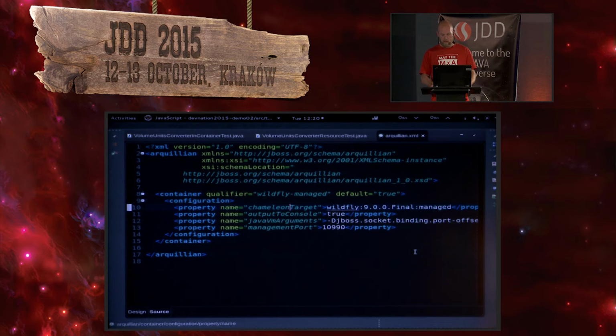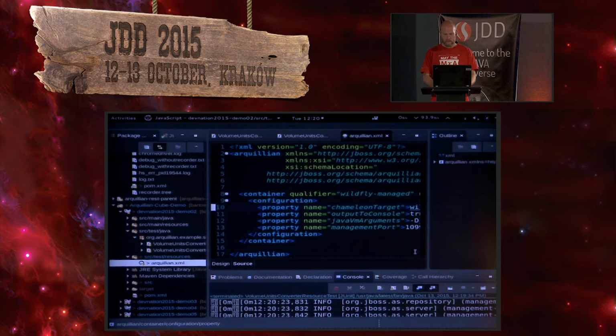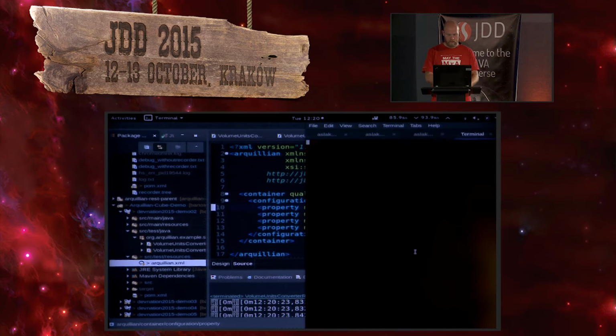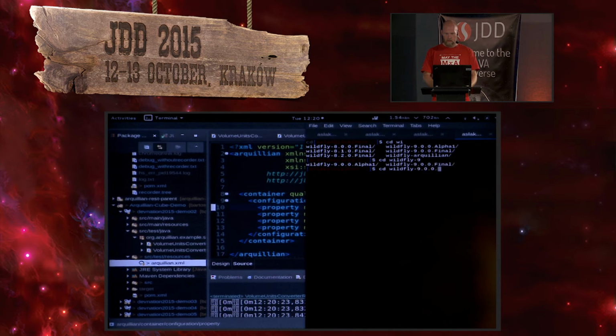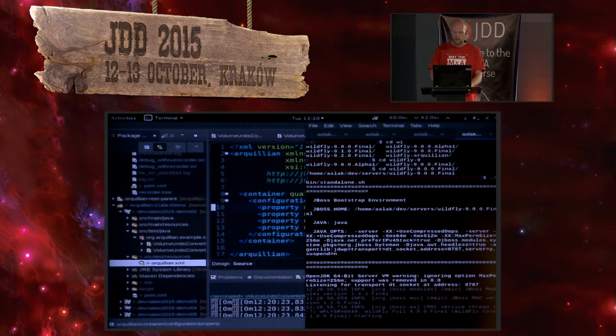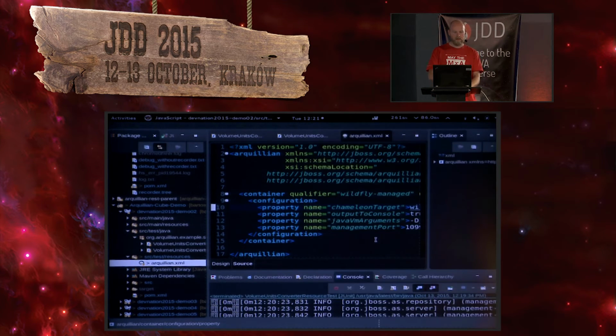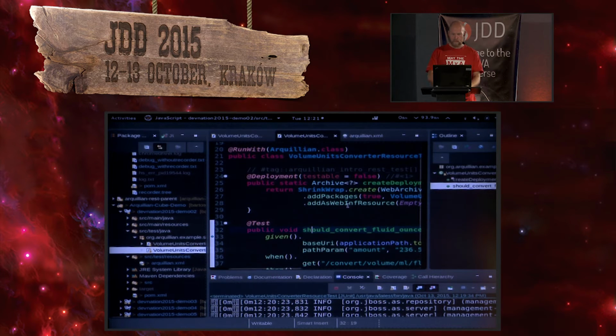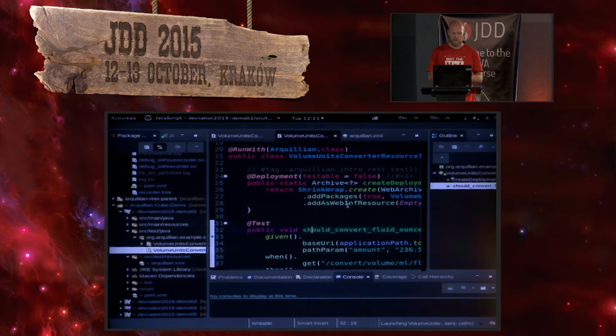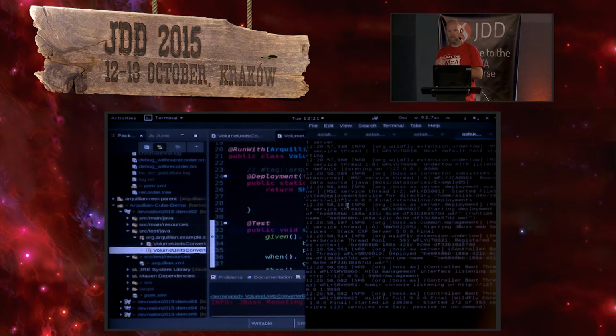It could be inconvenient, of course, during development to have to start and stop that container all the time. So you can easily just change that to remote and have your container started standalone on the side. You start it up in the morning, and then you just run your test cases as you would normally do. You can see it then deploys to it, and